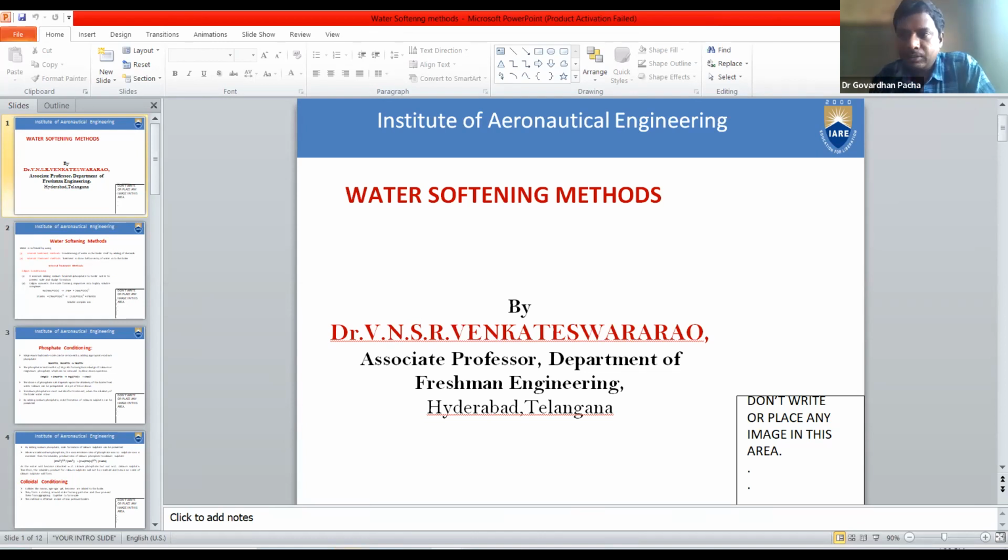In yesterday's class, we discussed the water softening methods and saw examples. Mainly, water softening methods are classified into two types: internal treatment methods and external treatment methods. The example of the external treatment method is the ion exchange process. We saw what process takes place in ion exchange yesterday, and the pending topic is